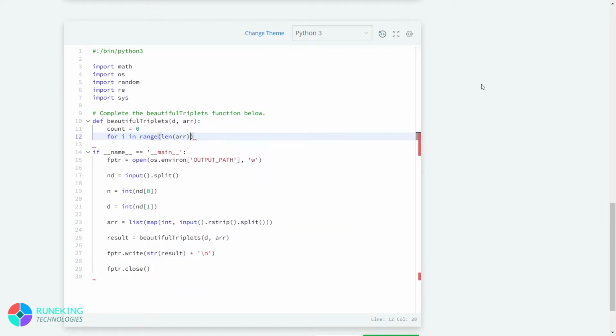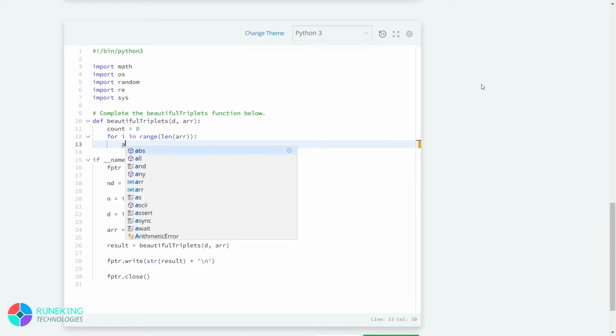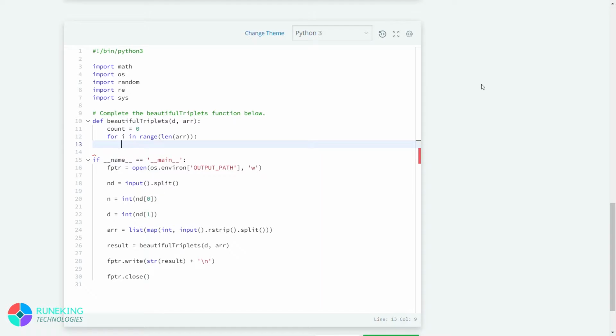Okay, so as we have modified the formula, arr of i will be arr of i, arr of j will be equal to arr of i plus d, and arr of k will be equal to arr of i plus 2d. So now we will initialize number 1 equal to arr of i.